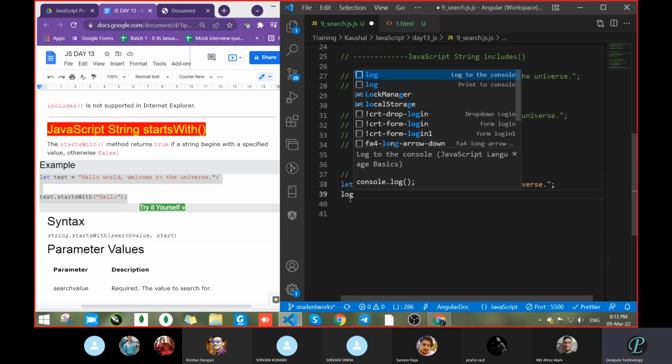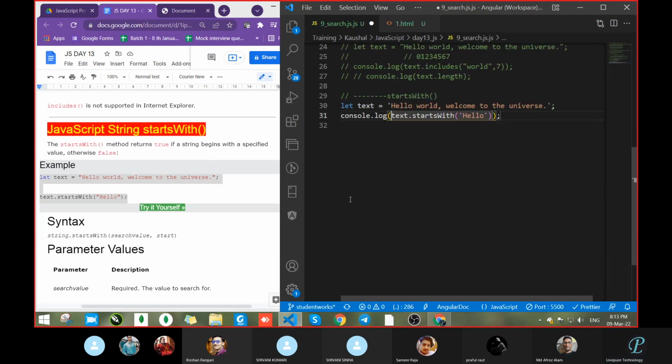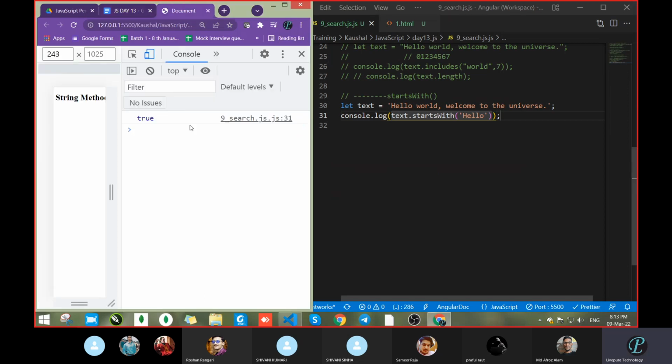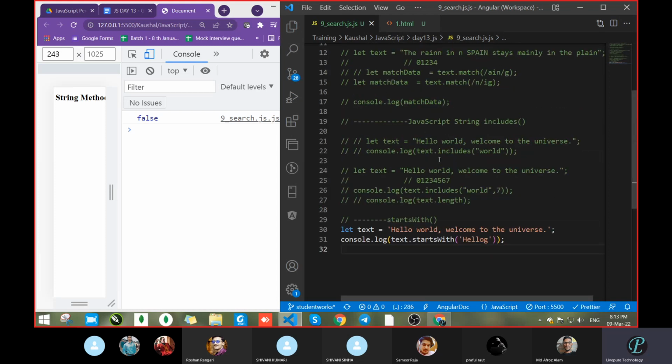Before the break, I have to complete this. Then only I will give the break. Now save and now check. So what happened? We got this hello. Somewhere it is available. That's why we got that. Otherwise, pass S or G, anything. If not, then it becomes false. So startsWith and this JavaScript includes method return the same thing, true or false. Correct or not?